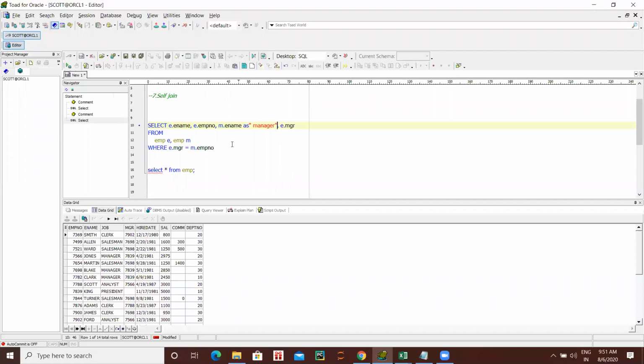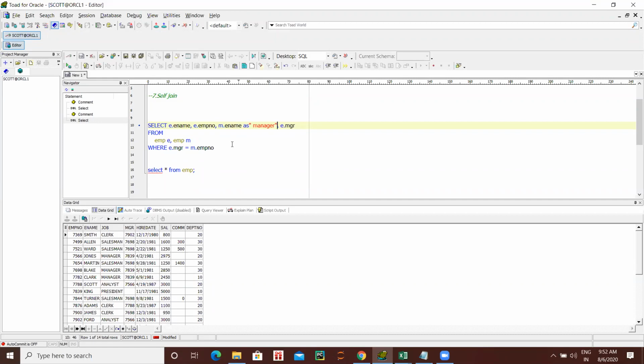This is a very, very important question, and they will ask it in interviews to test whether you are using self join or not. This is a must. The question is: who is whose manager? Write a query from the employee table. Let me explain. We are taking the same table because there is no separate table for manager. We are getting it from here only. That's why I'm taking it two times.